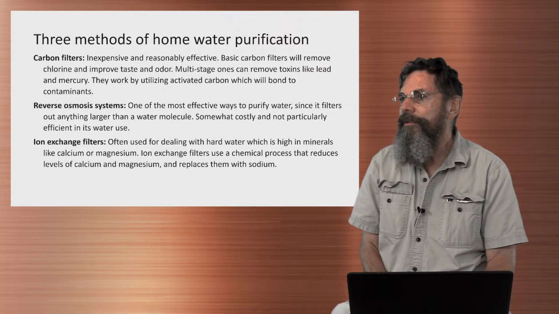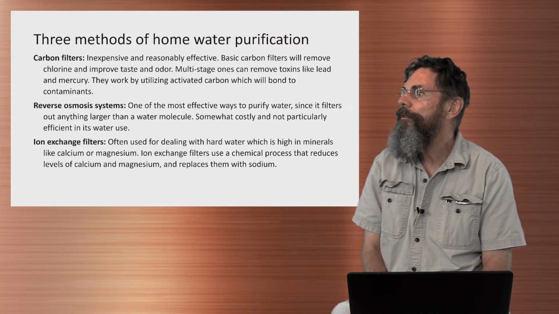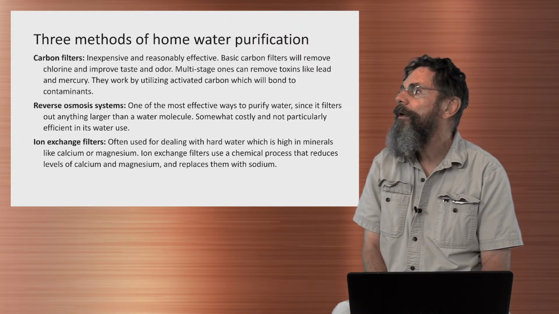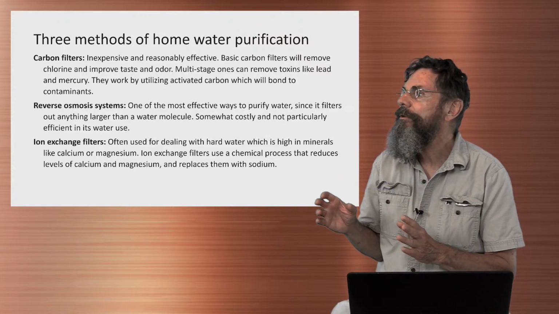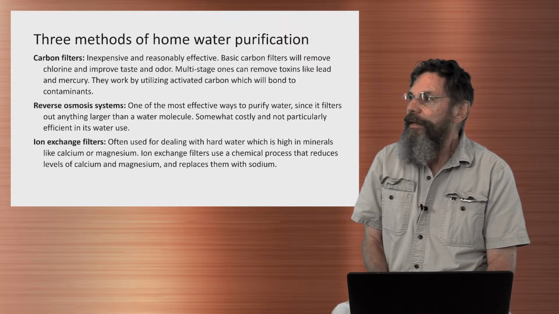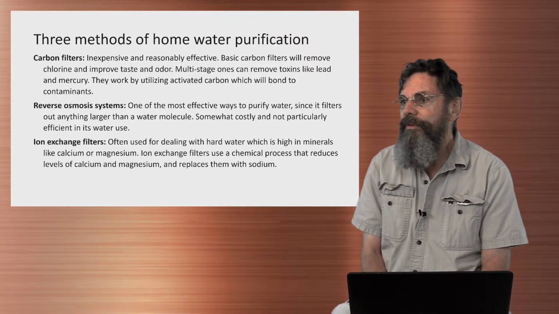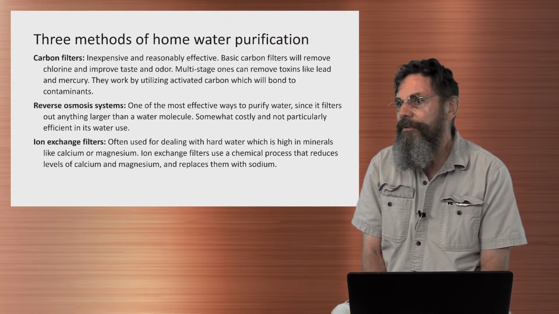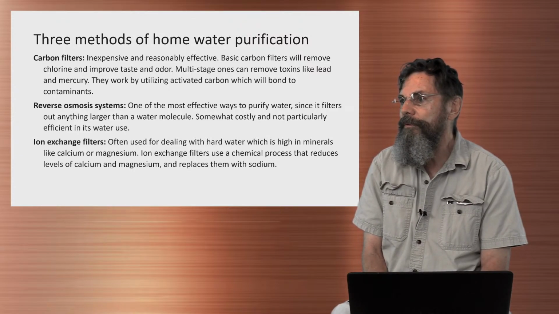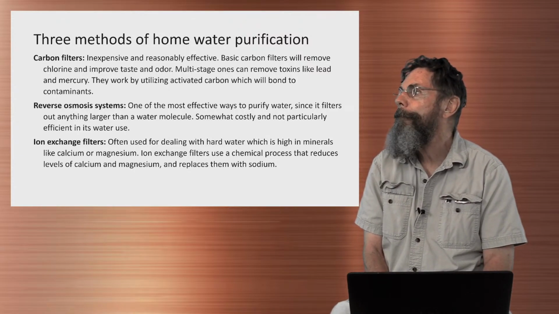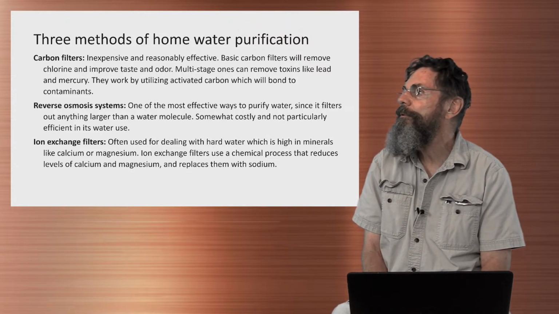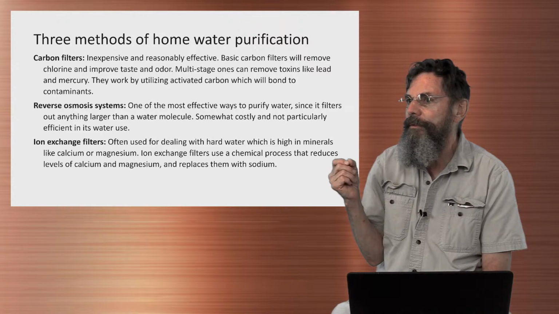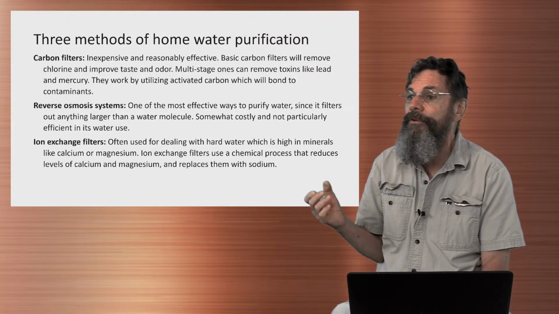And then additionally, the multi-stage ones can remove the lead and mercury and maybe some other things. But that's a physical carbon filter. The next step is a reverse osmosis system. It's actually a system that's plumbed into the house that takes in raw water, and it's a very effective way to purify water. It filters out, pretty much, it's such a fine filter that it purifies anything larger than a